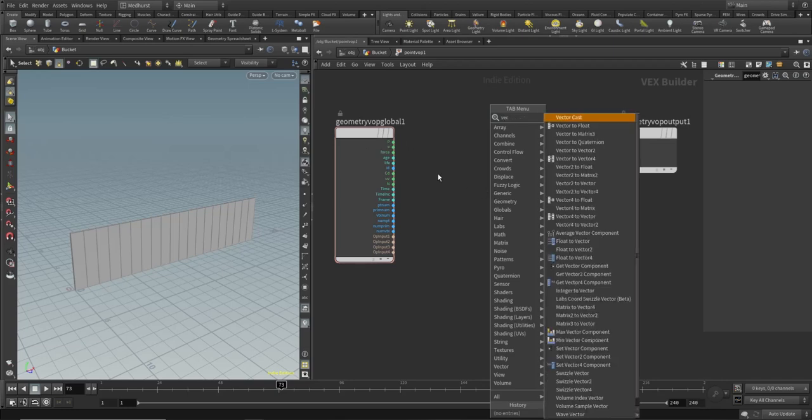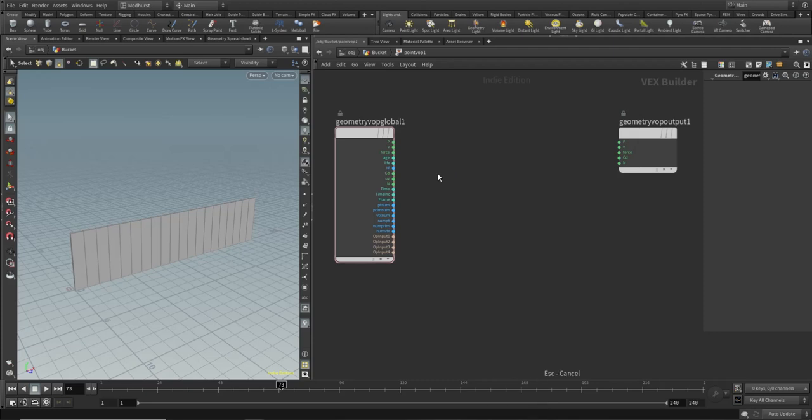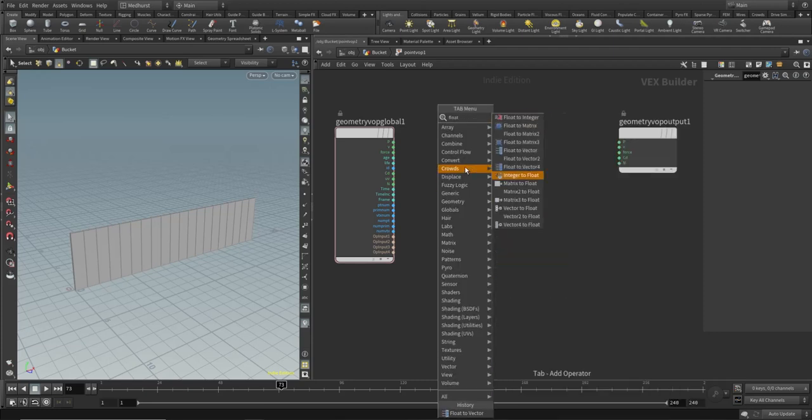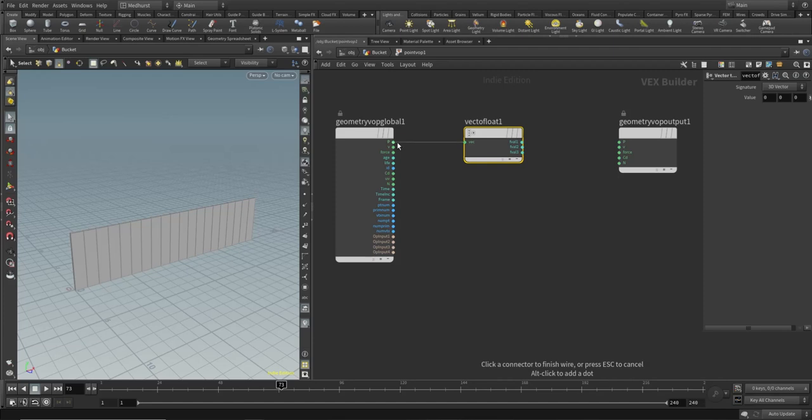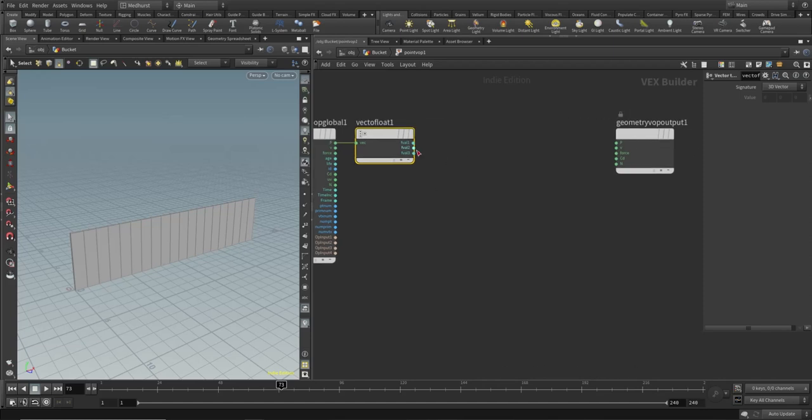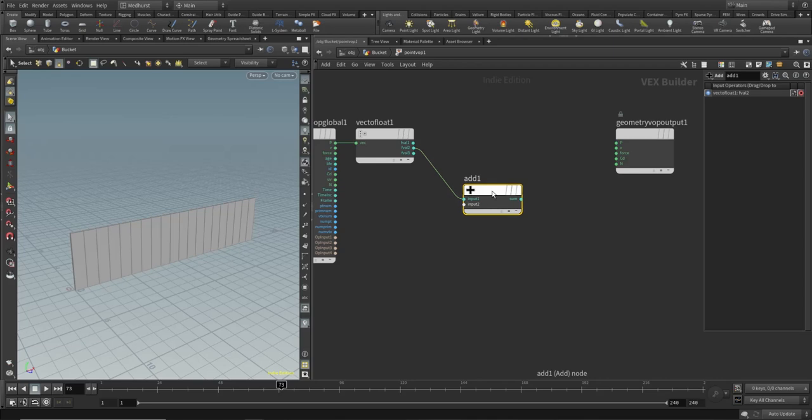So I'm going to say vector to float. Nope, wrong one. Typing it incorrectly. Where are we? Vector to float. Perfect. So we're going to plug that into our position. So this gives us our x, our y, and our z components out of this node here. And I just want to modify the y. So I'm going to take our y position and I'm going to add something to it. Let's add